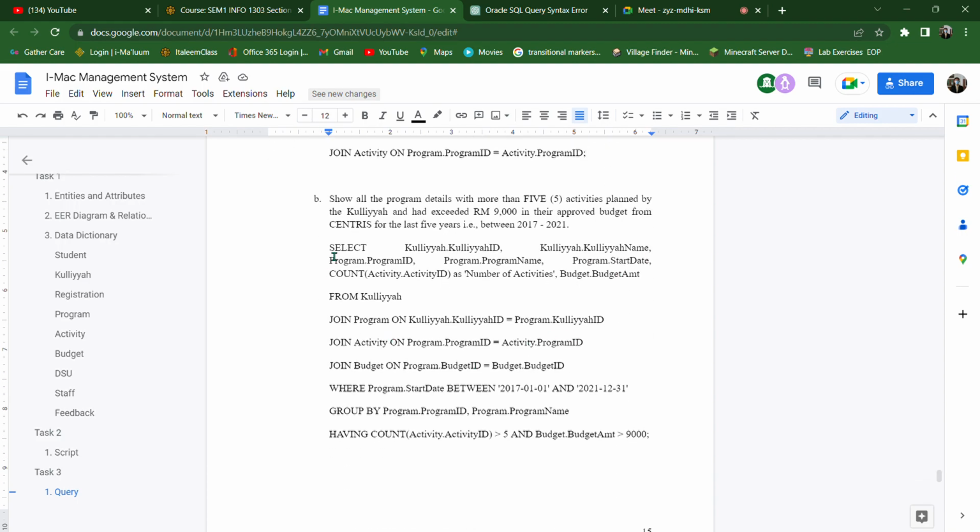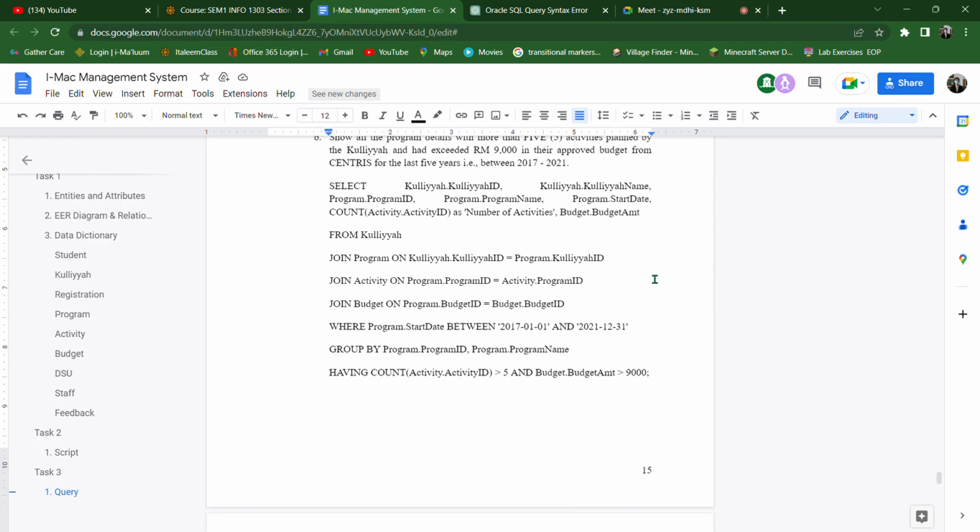Number 2, show all the program details with more than 5 activities which is planned by the kuliah and which had exceeded 9,000 in their approved budget from Centris for the last 5 years between 2017 and 2021. Here is the query. We select kuliah ID, kuliah name, program ID, program name, program start date, count activity ID as number of activities, budget from kuliah, and then we join program on kuliah ID, join activity on program ID,